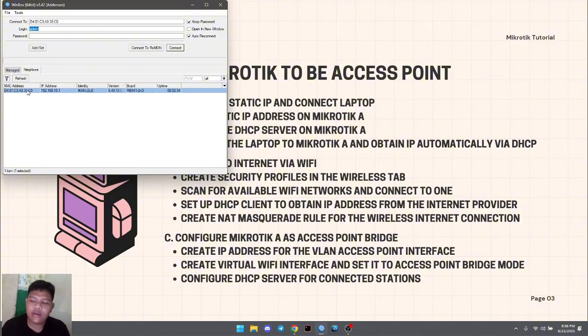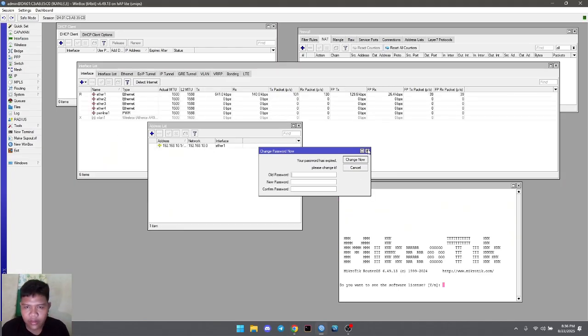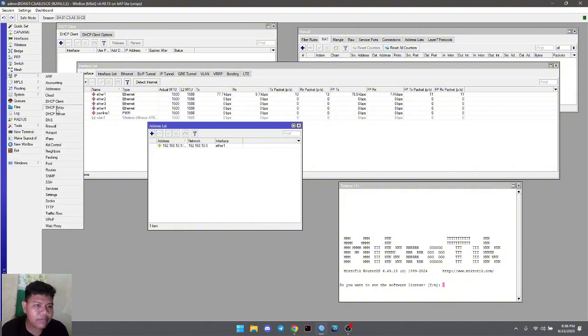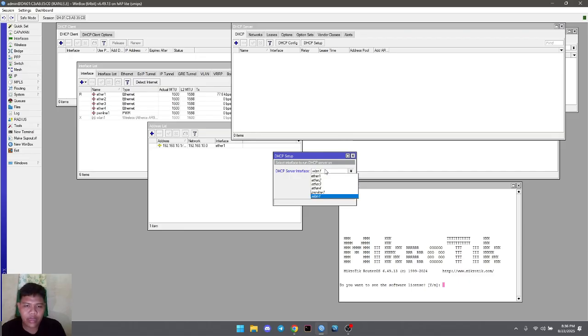So we connect with the MAC address first, and then we can set up the DHCP server. We set it up on the interface, that is up to you. You have Ether1, Ether2, Ether3, Ether4, but I prefer Ether1.